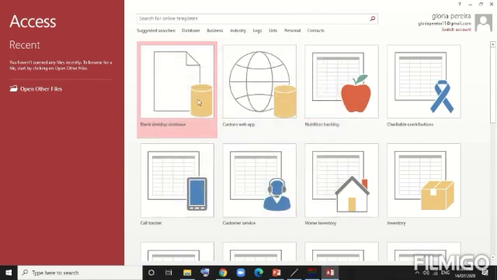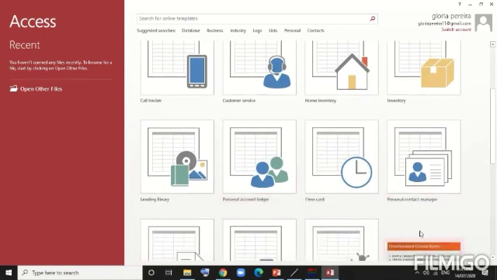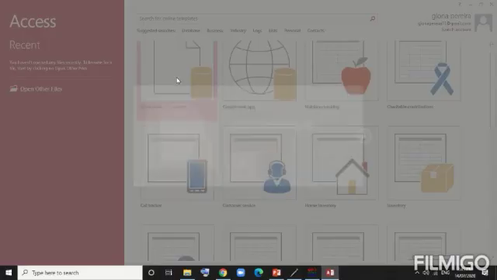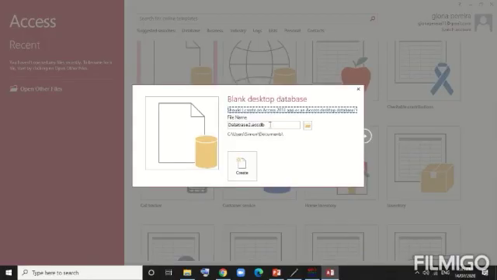Now we have different templates over here, which are ready-made documents available from Microsoft, and you can have a blank document, that is, a blank desktop database. In that you just have to write the name of the file. For example, if you are storing the database of students, name it accordingly.